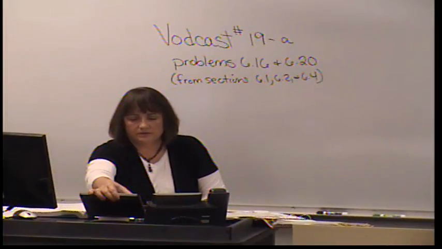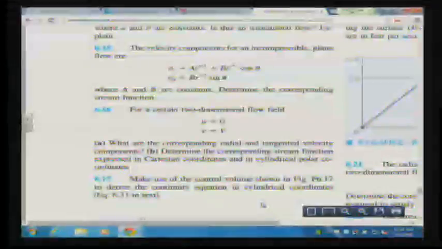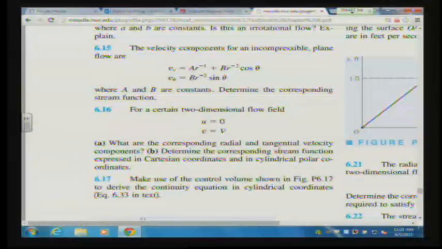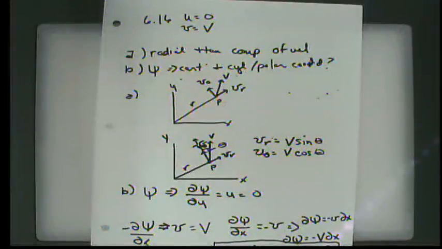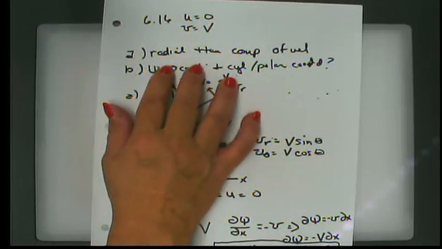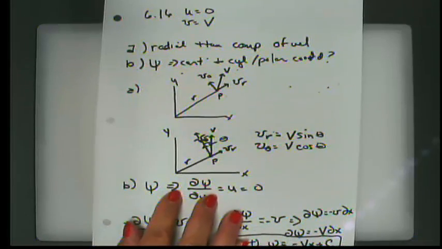We're going to look at your textbook, and you'll see the problem is that for a certain two-dimensional flow field, u is equal to 0 and v is equal to capital V. The problem asks what are the corresponding radial and tangential components, and to determine the stream function. So basically we have a problem of converting from Cartesian coordinates into radial and tangential components,